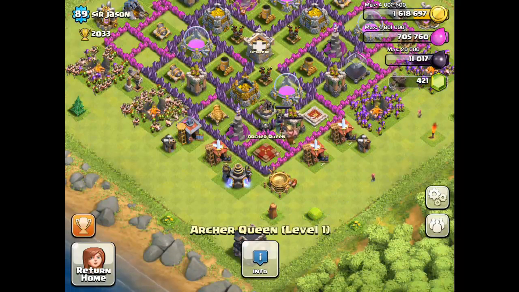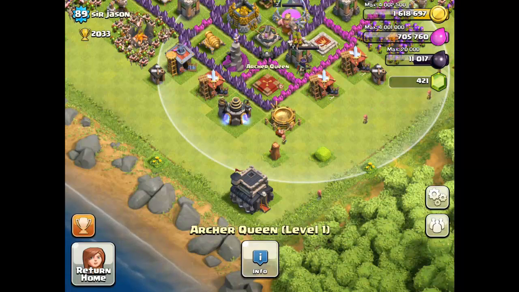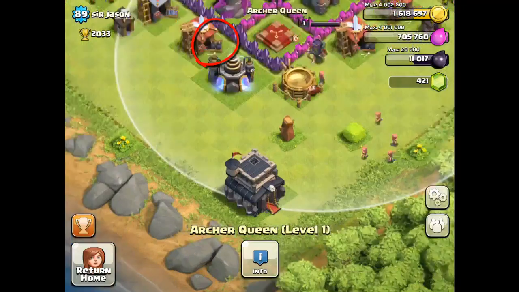I would even consider... Actually, I can't see. Let me click on the archer queen. I would probably keep the archer queen a bit farther away. So maybe swap the archer queen with a cannon. Yeah, so right there. You don't want the archer queen, her circle, to be intersecting with any units that are